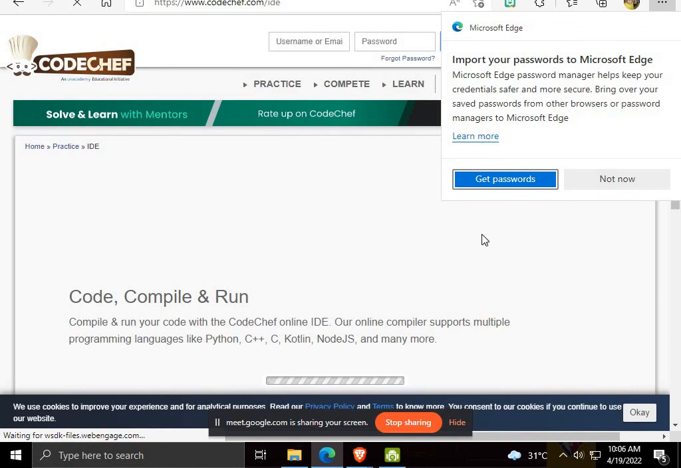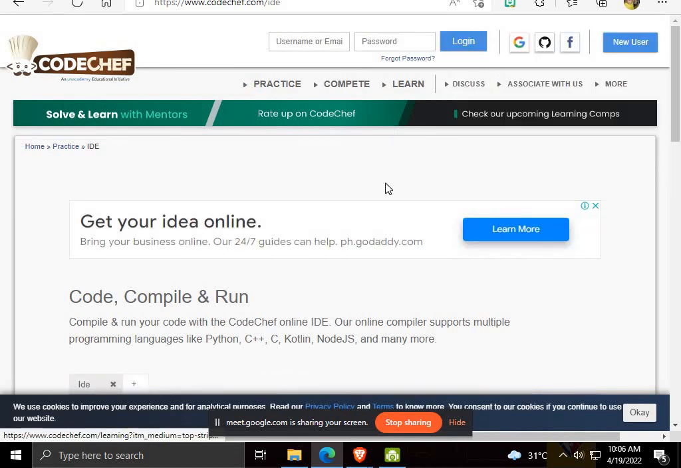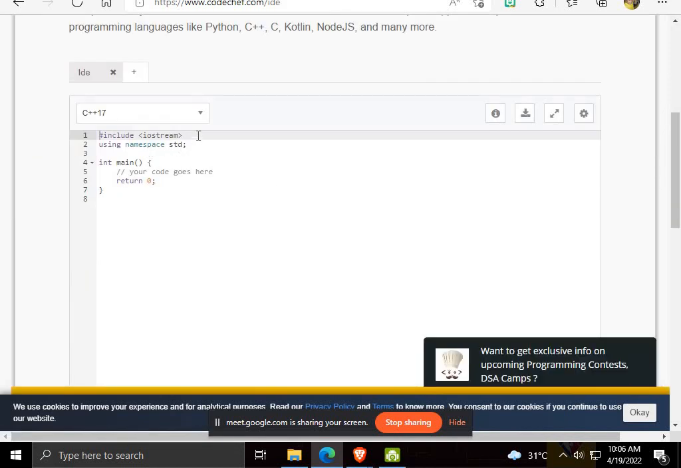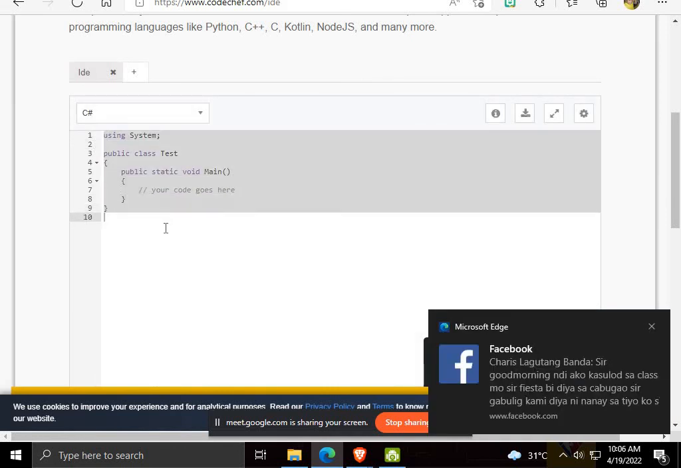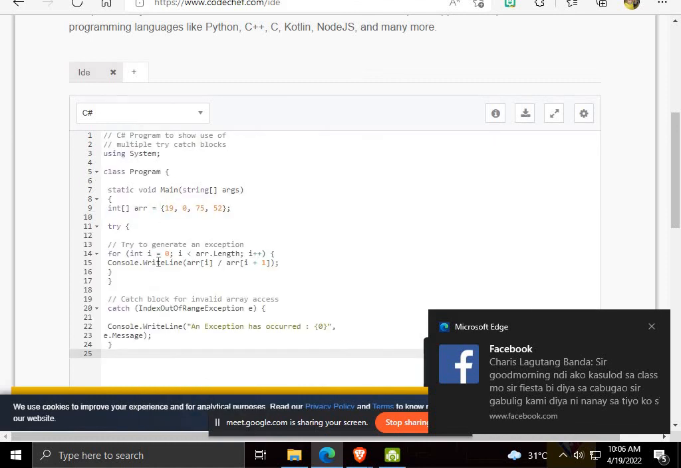Then afterwards, okay, so we're going to change this to C#. Then paste this. Ang in-paste ko nga daya is